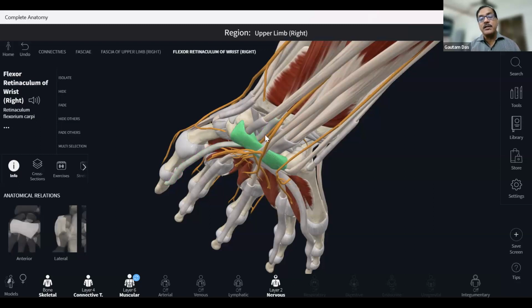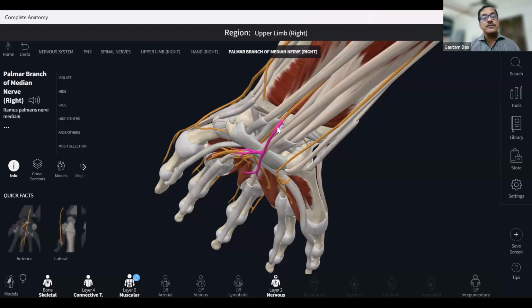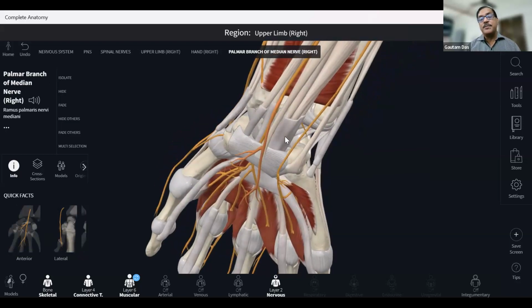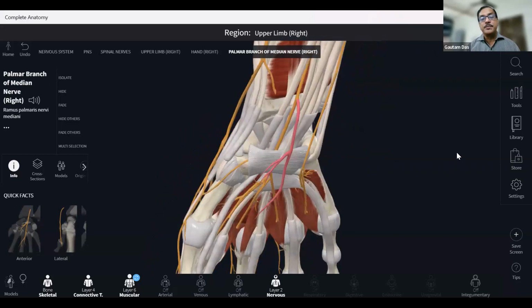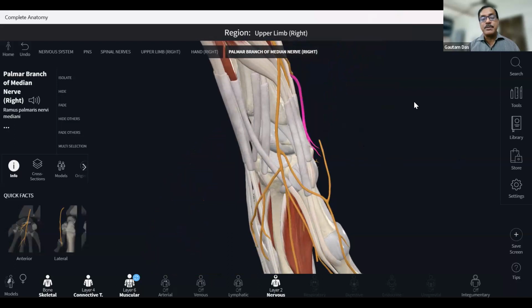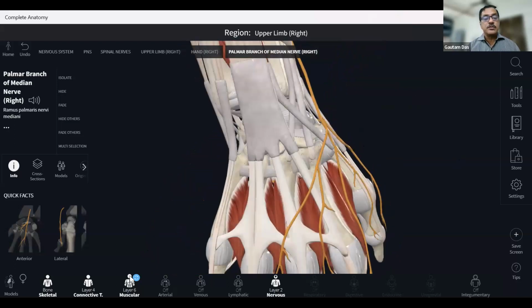So this was the carpal tunnel. The 9 tendons, and this was the median nerve, and this branch is a superficial, very small palmar cutaneous branch of the median nerve, which is not a content of the tunnel; it goes superficial to the flexor retinaculum. And the ulnar artery and ulnar nerve are also not components of the carpal tunnel. So this is the proximal side, the palmar side, and this was the